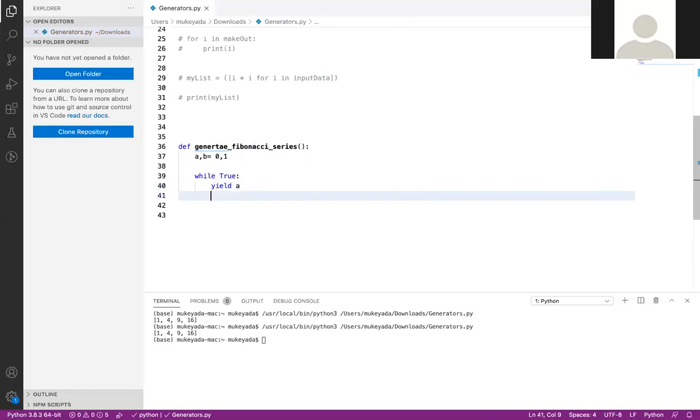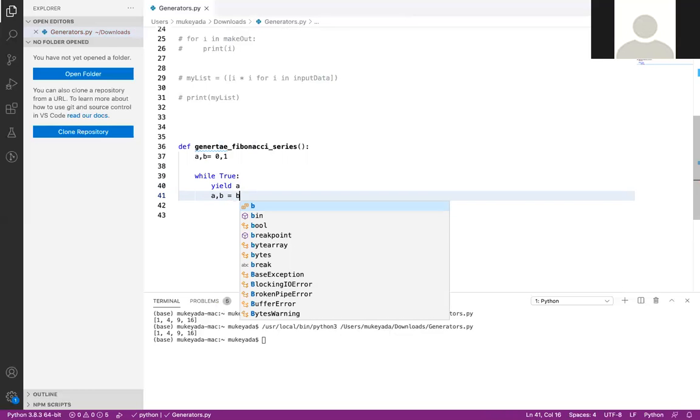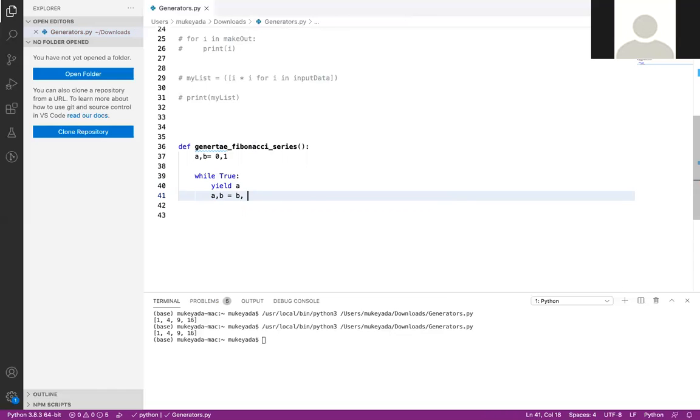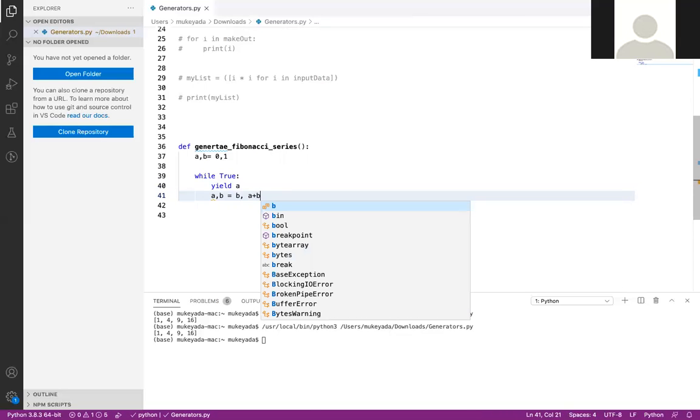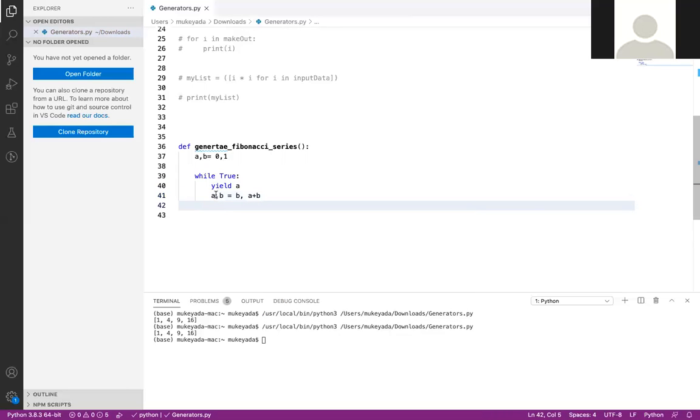Now let me say a comma b equals b comma a plus b. Let me repeat once again: a comma b, we need to assign the values. In the first iteration, the a value would be b and the b value would be a plus b, right?